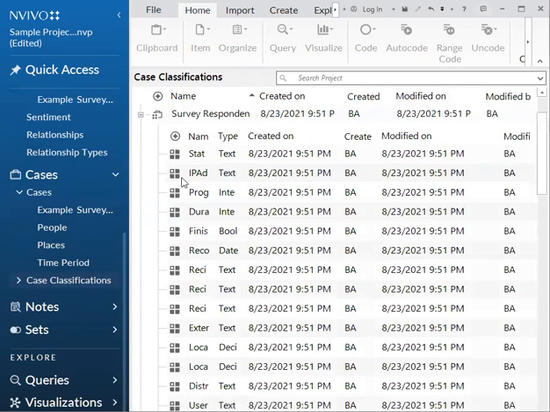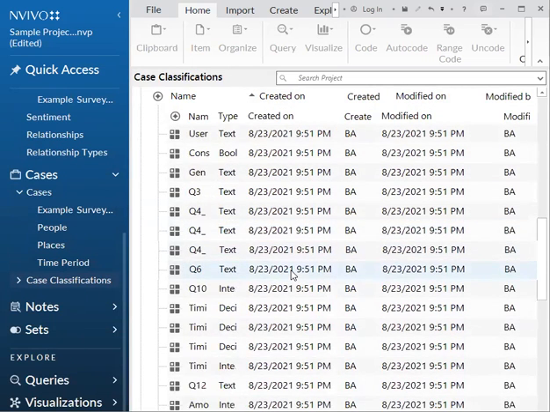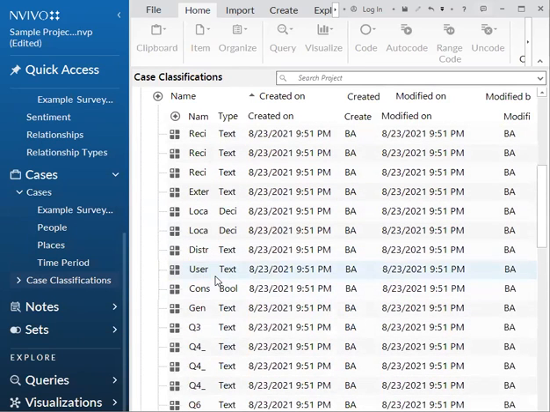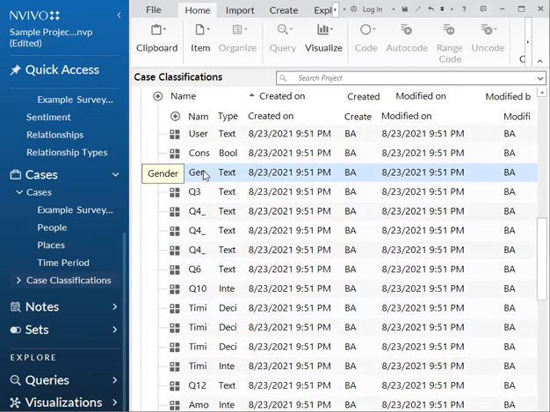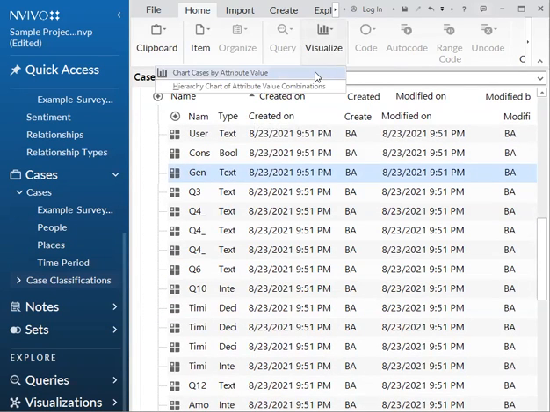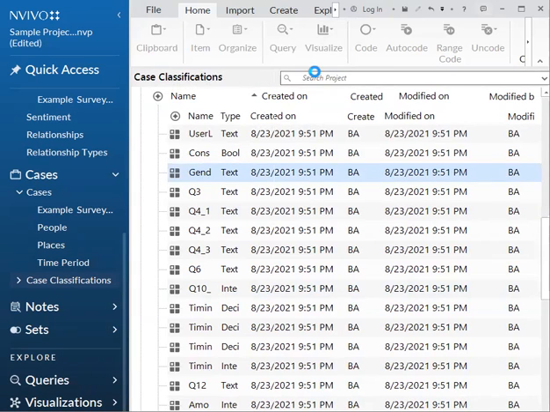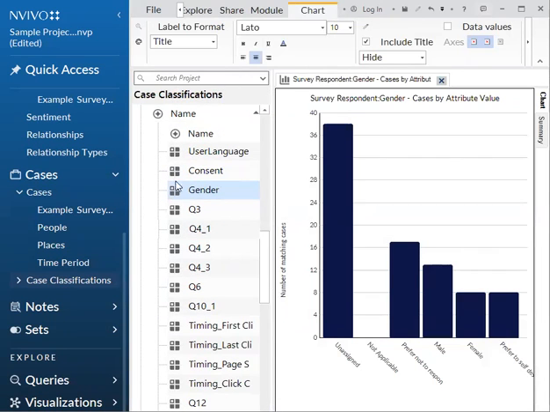So if we go to our survey respondents and then go to one of our case classifications, I will do gender again and select it. You can hit visualize, chart cases by attribute value. And there we go. That just shows you out of all of our survey respondents, this is how